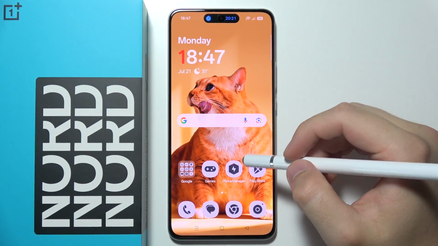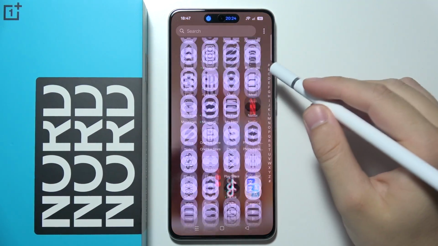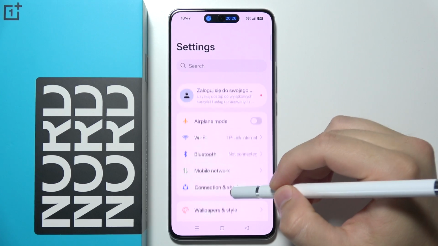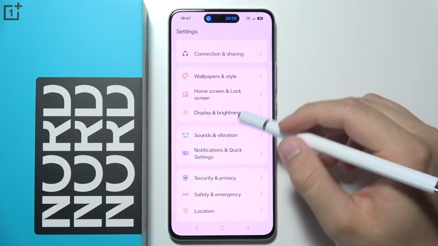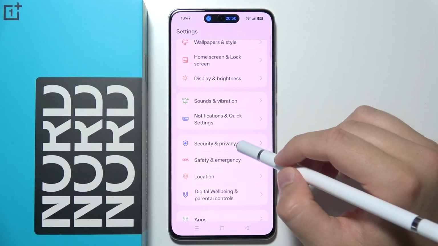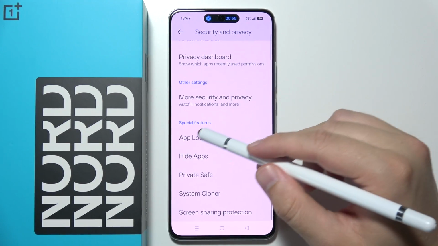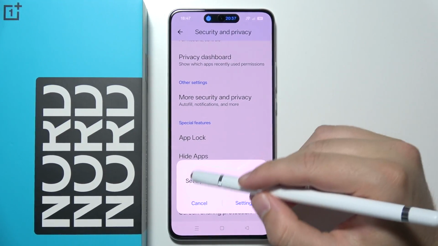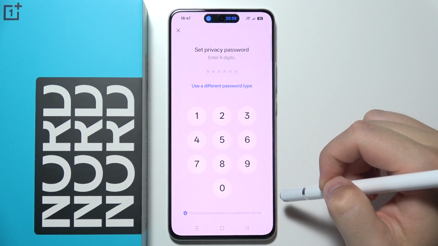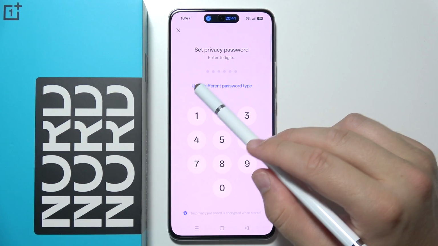To set password on applications on OnePlus Nord CE5, you will have to start by opening Settings. Next, you will have to scroll down and move for Security and Privacy. Now scroll down and go for App Lock. Right now you have to set a privacy password first, so go to the settings and you can use this